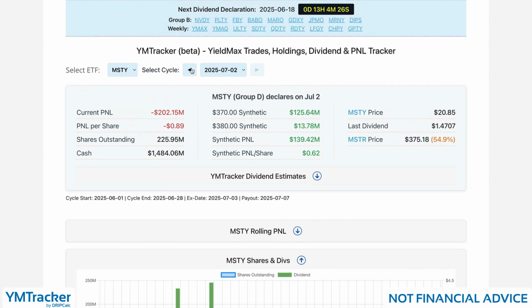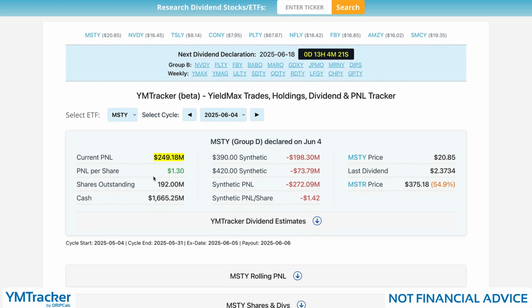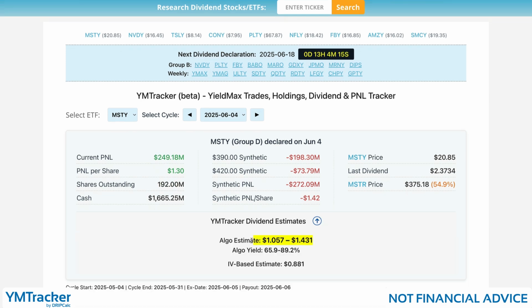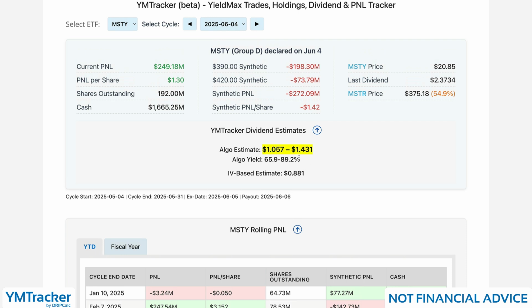Now we're looking at the current cycle. Let's look at the last cycle. They made $250 million, and if split between 192 million shares, that would pay roughly this amount. And by the way, when I was making that estimate, we didn't do the rolling PNL algo. Now it's included, and so the estimate is lower, and they actually paid more than my estimate was. But what happened is they paid less than I originally thought, $1.75, because the number of shares grew by 15%